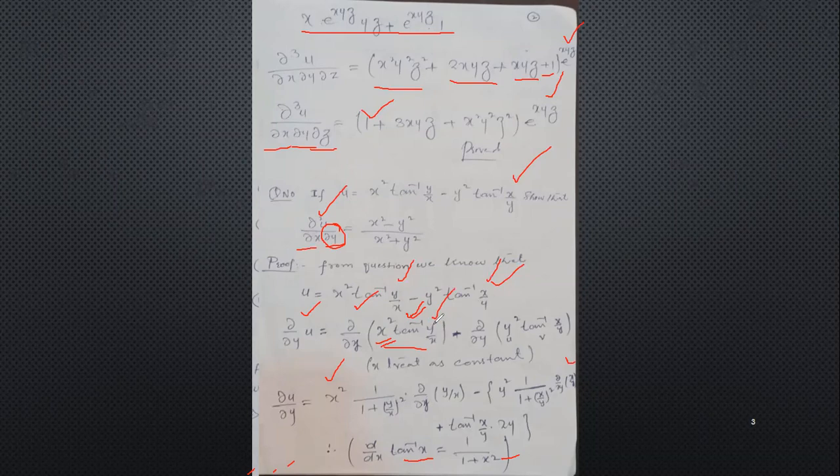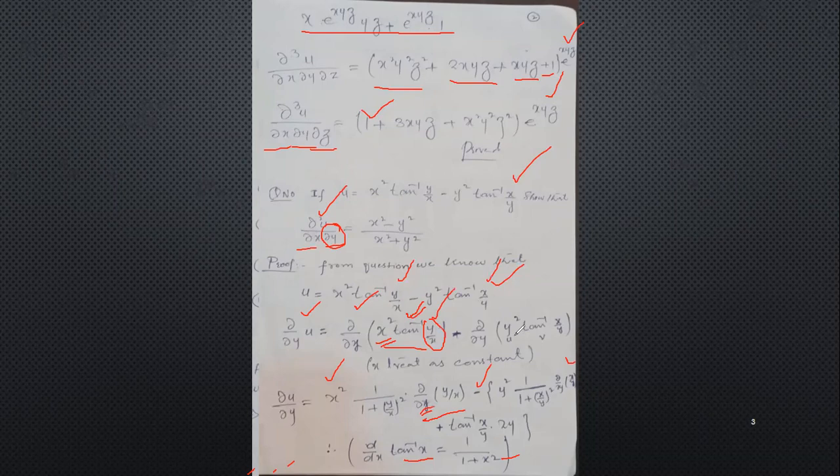Then we take derivation of its angle. Angle what we have? Angle we have y upon x. So here we get derivation of y upon x with respect to y. Now similarly in second term, now a minus sign same. In second term, we have two terms. One is y square, second is tan inverse x upon y. And both are associated with